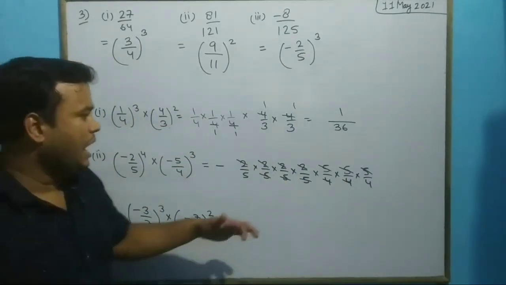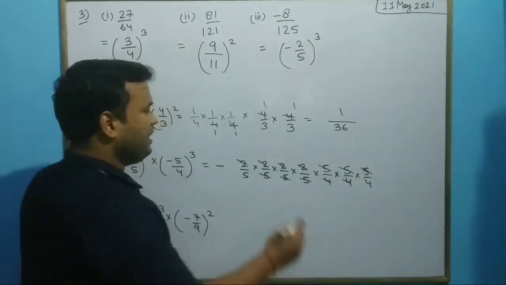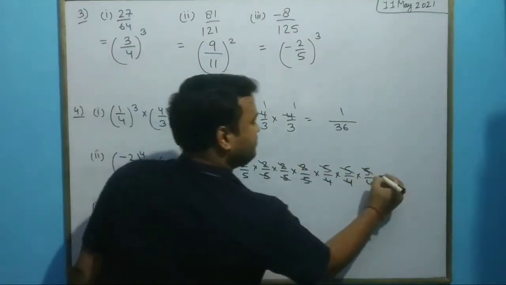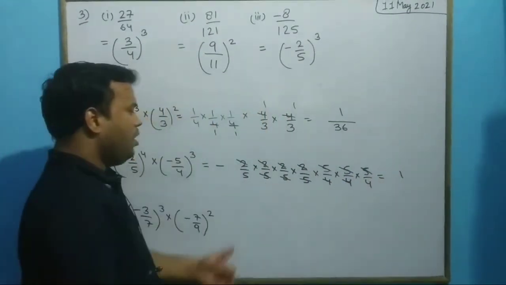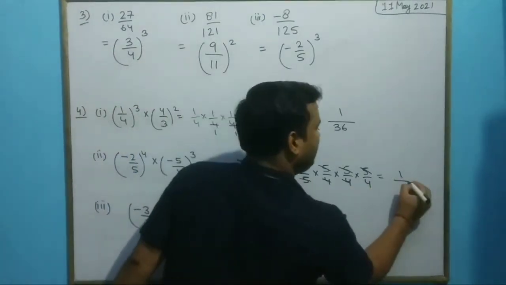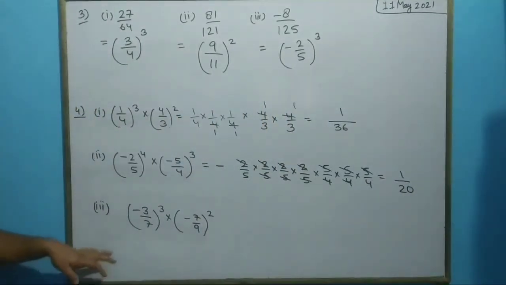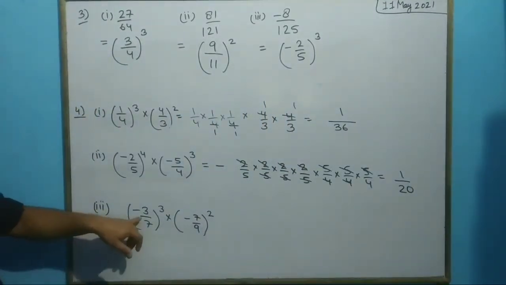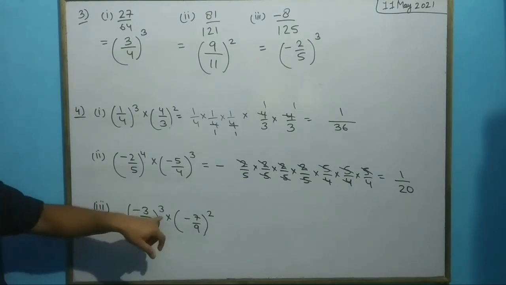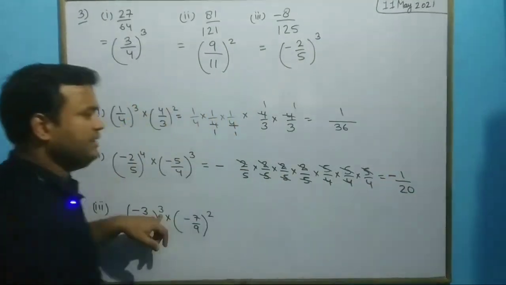Okay. Now what is being left in the numerator part? Only 1 is left. Now in the denominator, 5 4 times. 5 4s are 20. So the final answer is 1 upon 20. Now let us see here. This is minus raised to the power what? Okay, sorry. Here also the negative sign is there. Minus 1 by 20.